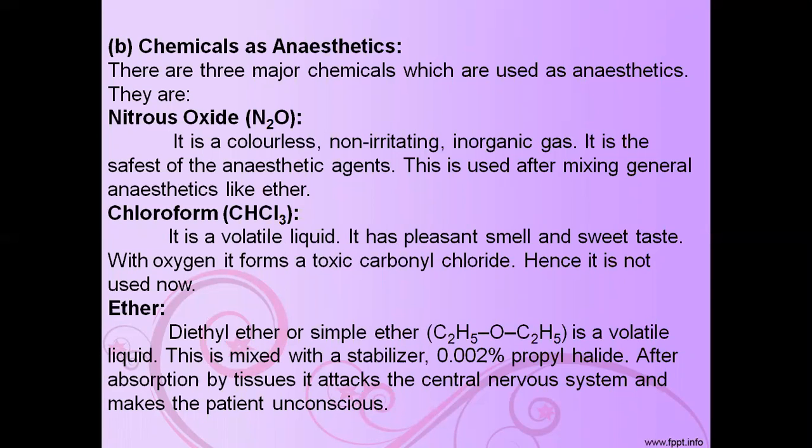So, the ether is used as an anesthetic chemical because this ether attacks the central nervous system in human beings, okay, or patient. So it changes the human being from conscious to unconscious. Okay, so the ether is a volatile liquid and it is mixed with propyl halide